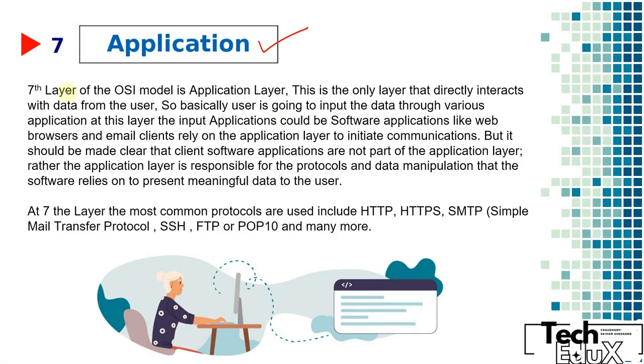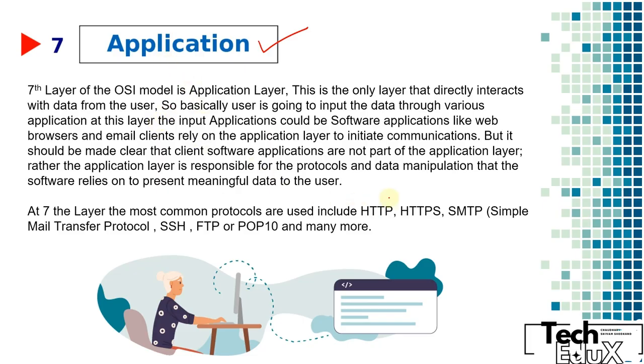So first let's read the paragraph. It says the seventh layer of the OSI model is the application layer. This is the only layer that directly interacts with the data from the user. Which means that your end user, employee, or no matter who he or she is, is directly connected with your application layer. From there, he or she is going to give input. So basically, the user is going to input data through various applications at this layer. The input application could be